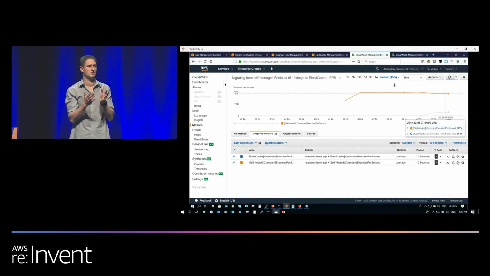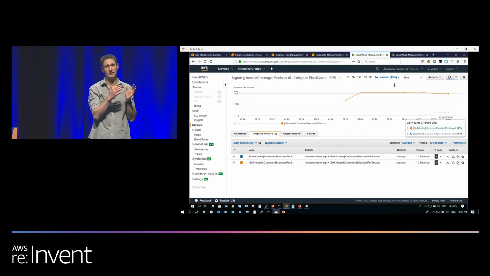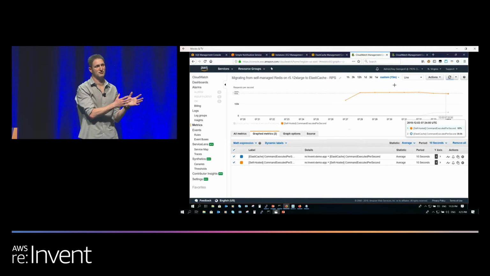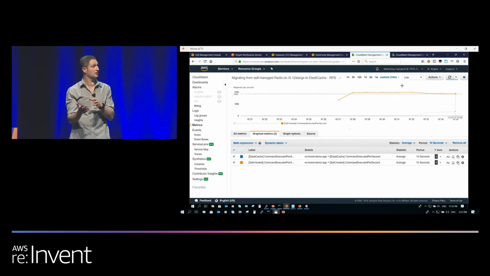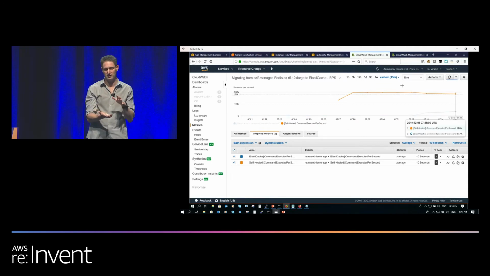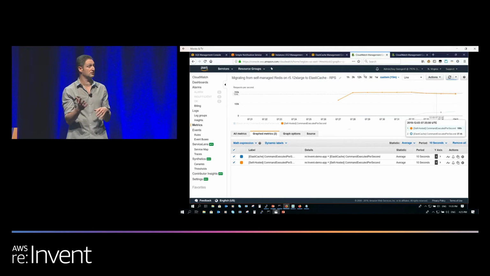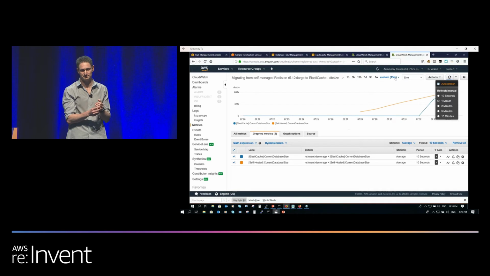That's not because that's where we max out ElastiCache, but because that's what we're replicating. If 20% of the traffic is writes, then we expect 20% of the traffic to go to ElastiCache. And as you can see, we have about 186 thousand requests per second to the self-managed Redis and 37 thousand requests per second to ElastiCache.